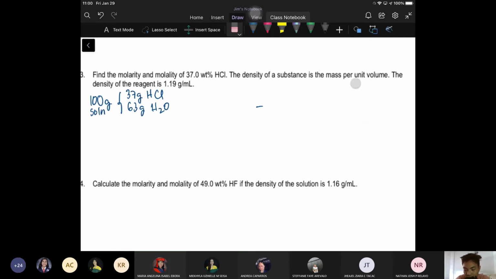So yan yung equation na gagamitin natin. Sulat ko yan dito. Volume of solution, mass solution over density ng solution. So that will be 100 grams divided by 1.19 grams per ml. So we get the volume of the solution equal to